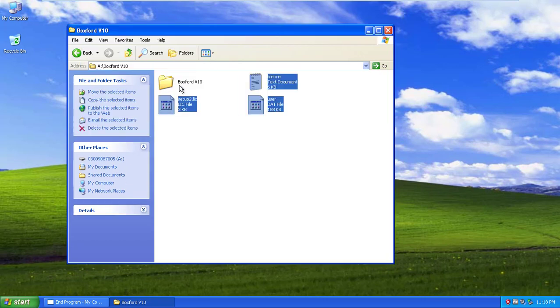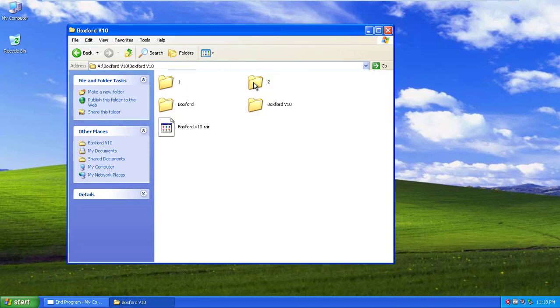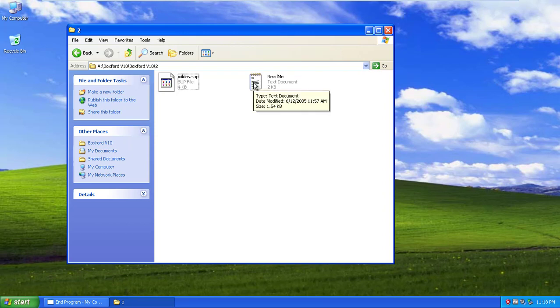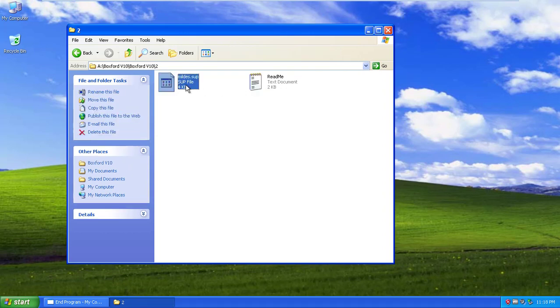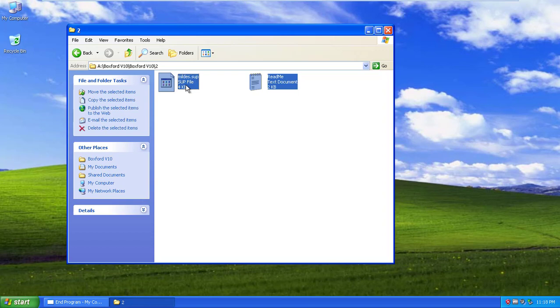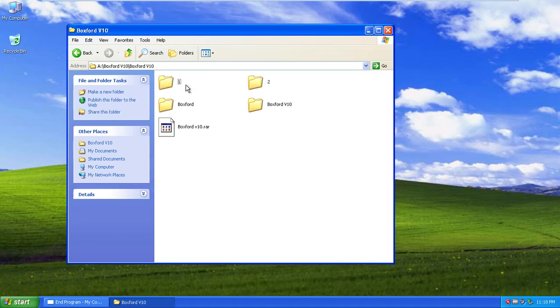Similarly, copy the files from folder 2 and paste them directly in the USB.